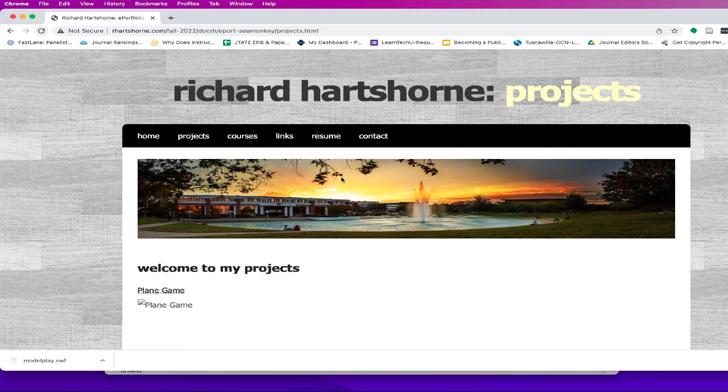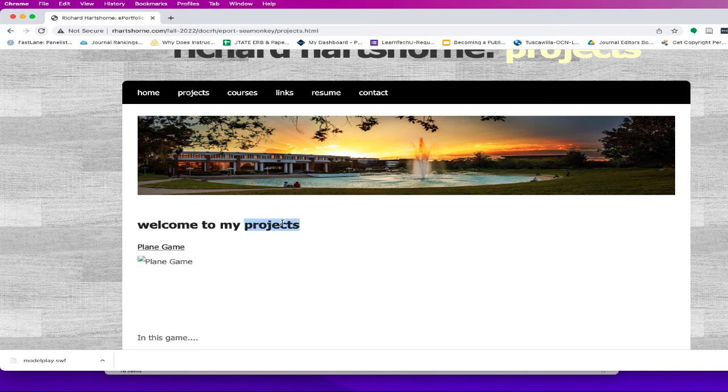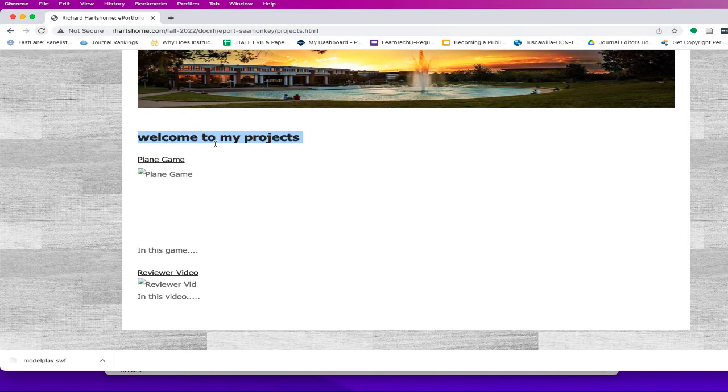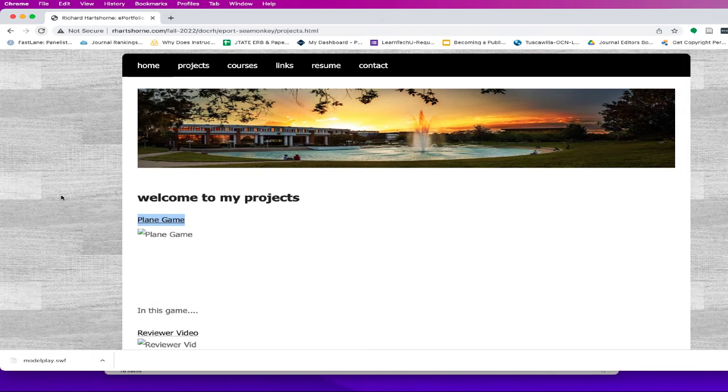But what's great about style sheets, and if you do want to spend a little bit of time learning code and everything, is I can change everything across this entire site very easily. So I can change link colors. I can change what these headings look like. So all the headings across the entire site are going to be modified. I don't like the color of this link because it blends in too much, so maybe I want to make it a different color. Or maybe I don't like this background, this brick kind of background. So I can go through and, with one little quick change in this